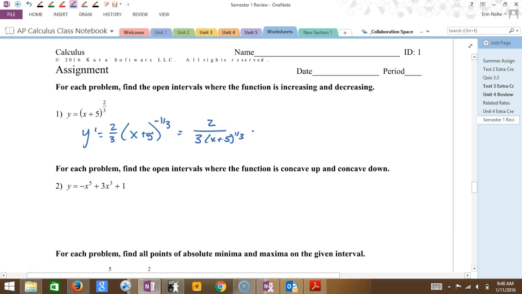Now what do we do with that first derivative? You figure out what makes it zero. You have to make a number... set it equal to 0. Okay, so we set it equal to 0 to find the critical numbers. Okay, so if I set that equal to 0,